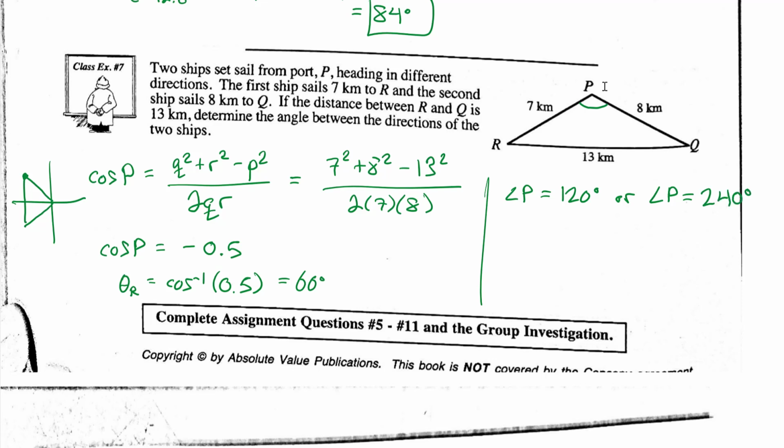So which one is it? Well, 240 is not going to be it because that's more than 180 degrees. And remember that all three angles in a triangle add up to 180 degrees, so it couldn't possibly be 240. So that one's out, and the one that we pick is